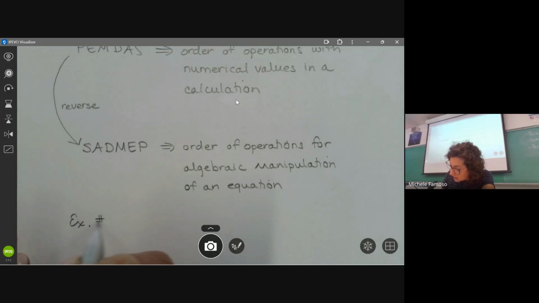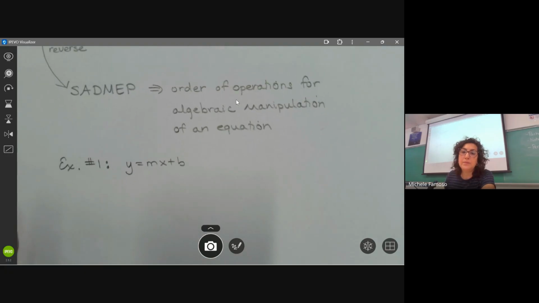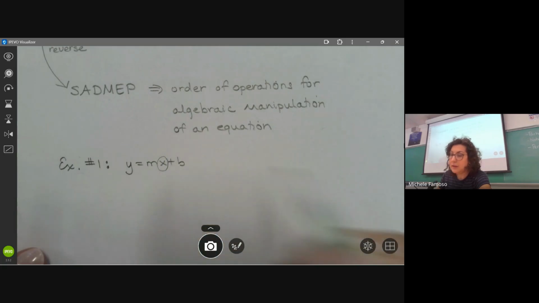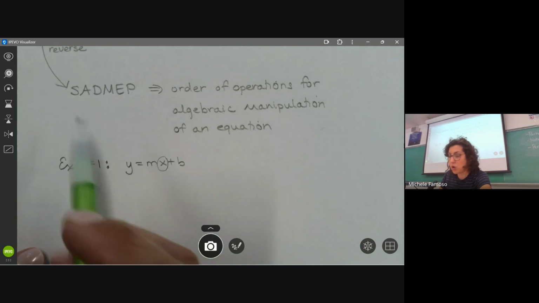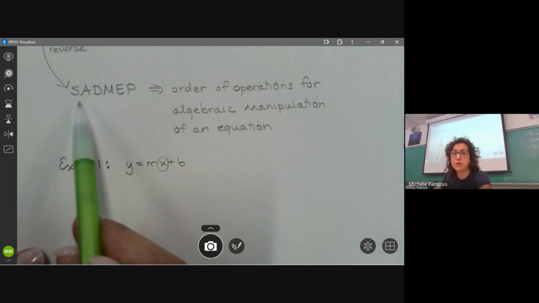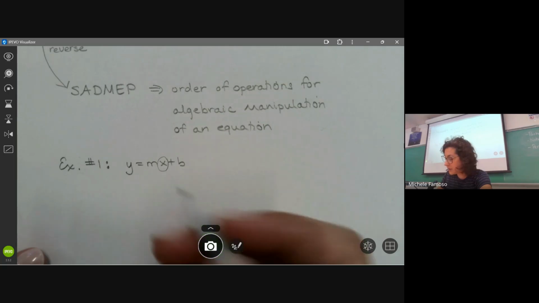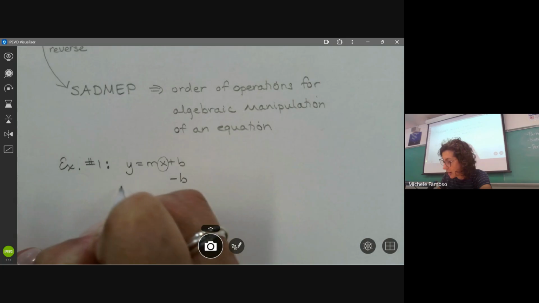Remember that equation I just listed off to you? y equals mx plus b. I want us to solve that for another letter. You said you could solve it for x. Let's do it. Solve this for x. According to SADMEP, we have to undo any terms that are being added or subtracted first. The b is being added to that term that has the x, so we need to subtract it from both